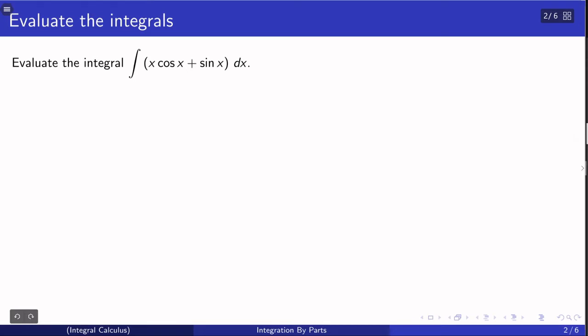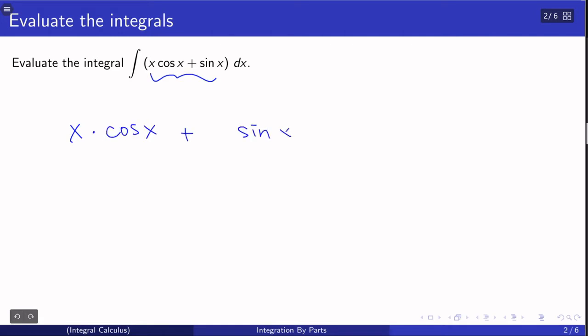Remember that when we're evaluating integrals, we're looking for basically an antiderivative of the function. So sine x, that's an easy integral. We know sine x just gives you minus cos x as its antiderivative. But what do we do about x times cosine x? That's not as obvious. Instead, we notice here that x cosine x plus sine x